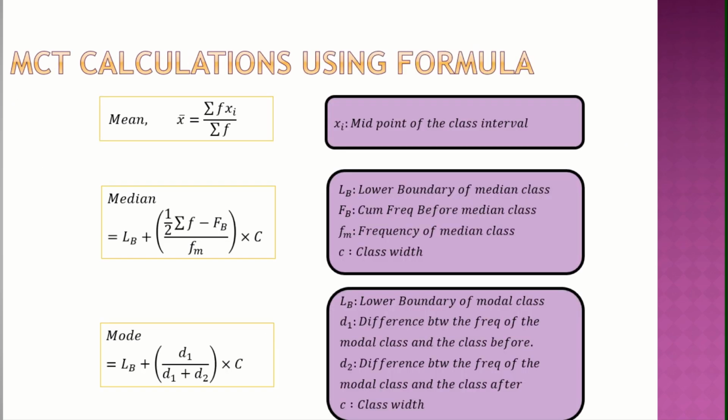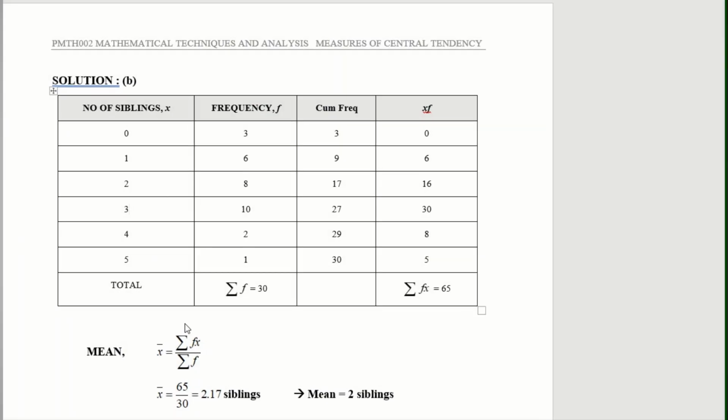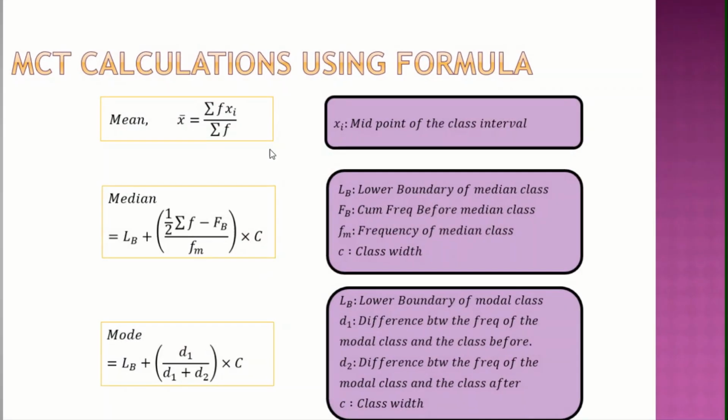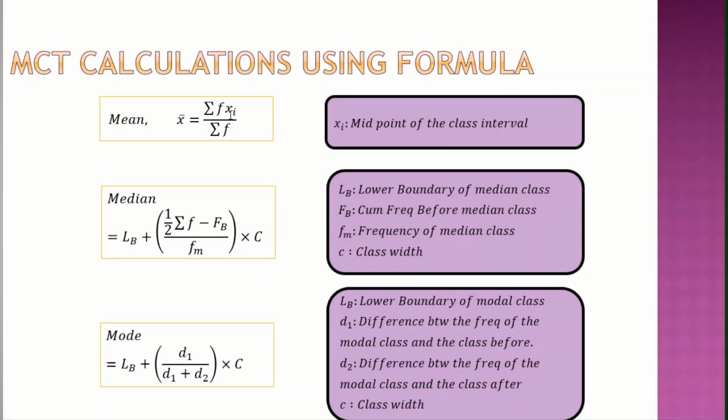Okay, so now let's look at the formulas. When you have group data with intervals, you will be looking at these formulas. Again, no worries. All formulas are given to you in your exam. How to find mean when you have group data? Fx divided by total frequency, correct? Same. Now you just take frequency times midpoint, divide by total frequency.